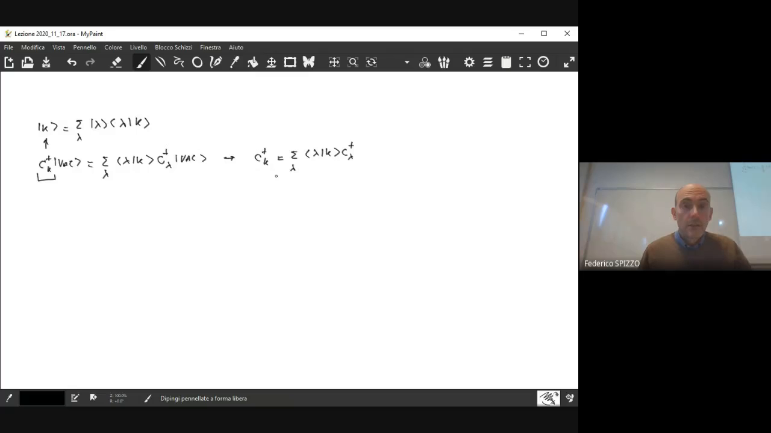And in case you do not consider the construction operator, but you consider the destruction one, then you have the same connection between those two operators. You always have this scalar product here. The only difference is that in that case, the scalar product has the complex conjugated. You do not have lambda k, but you have k lambda, because in this case, the initial state is not on the ket side, but is on the bra side. So this is to say that